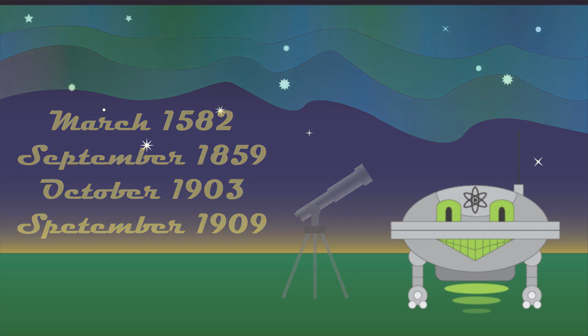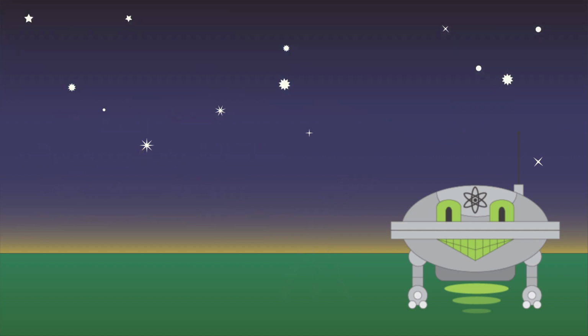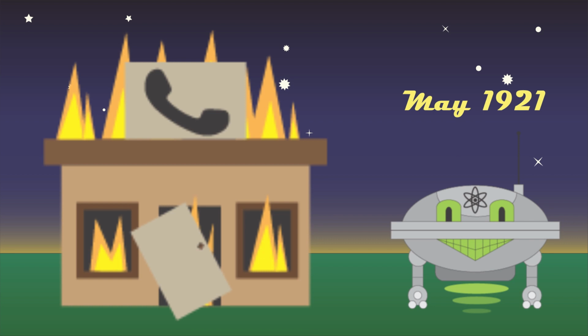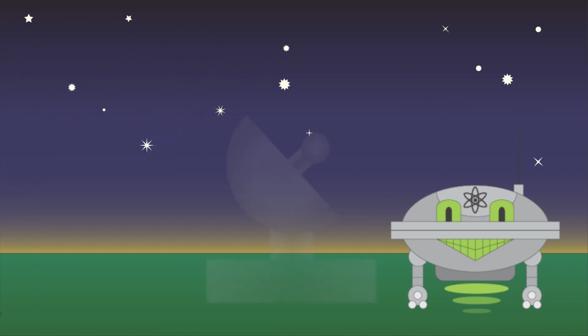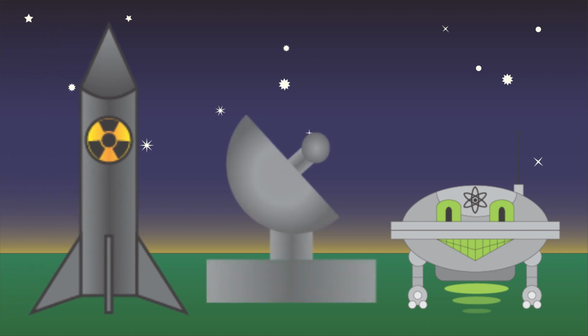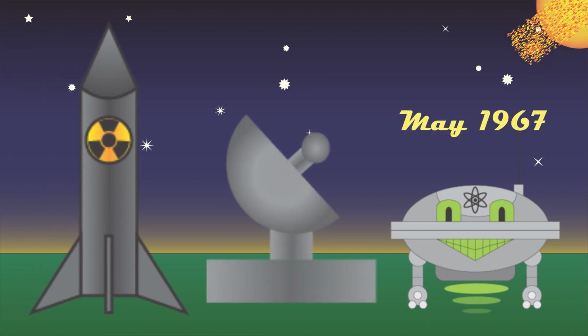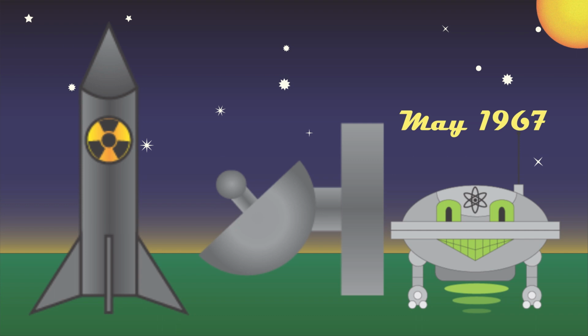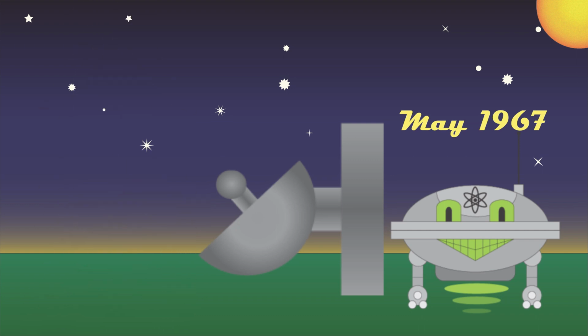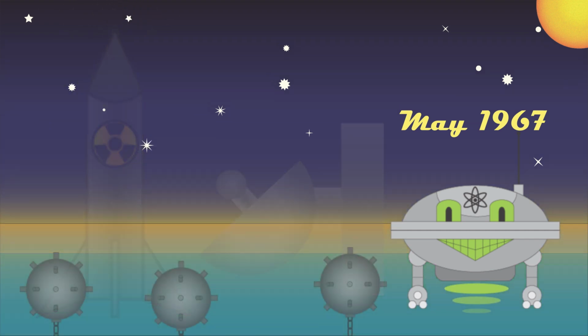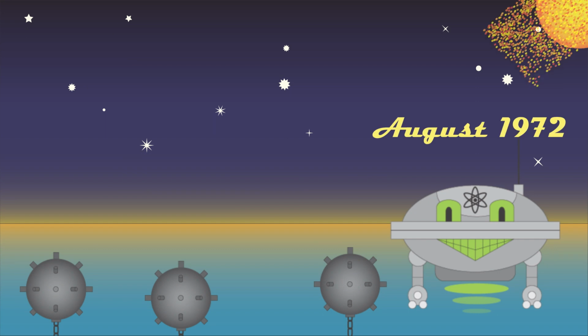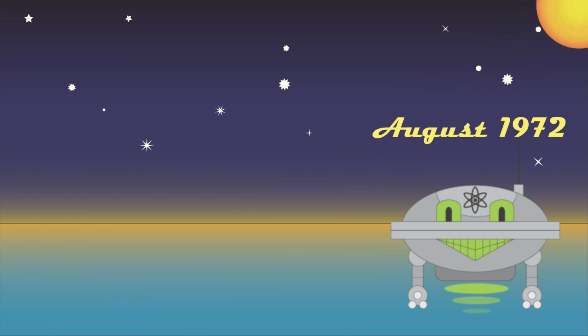However, after these solar storms, they start affecting humanity more as technology has become more developed, with a storm in May of 1921 being so powerful it knocked out a telephone station, burning out their fuses and even causing a fire to occur. There are also some solar storms that knocked out military electronics, with one that happened in May of 1967 knocking out U.S. radars, almost starting a nuclear war, until it was realized that the blackout was caused by a solar storm. And in August 1972, another storm blew up some magnetic sea mines, which didn't have any real negative effects.